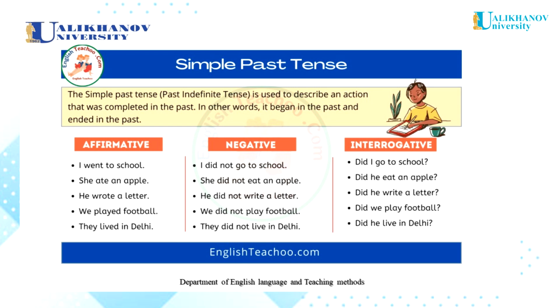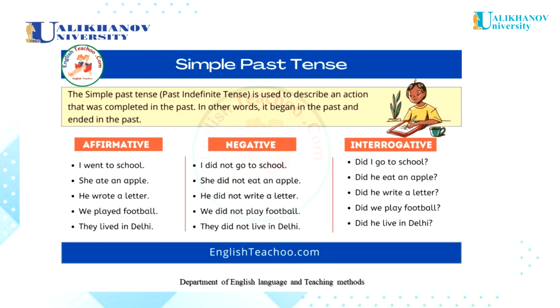We are going to talk about the past simple tense. The past simple tense is used to describe an action that was completed in the past. In other words, it began in the past and it ended in the past. The past simple tense is formed by adding the ending ed or d to the stem of the verbs, if